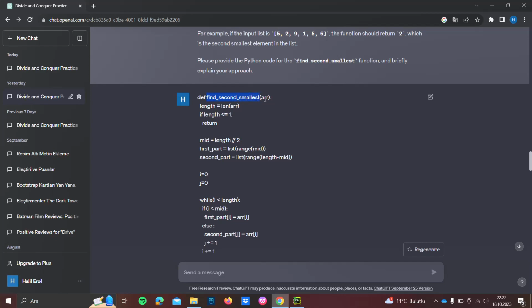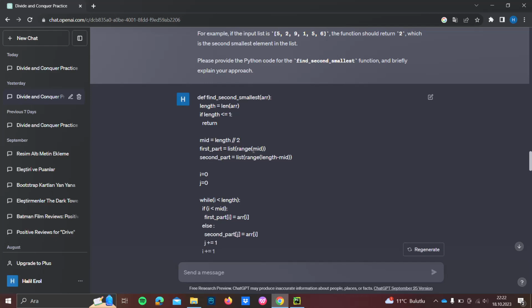It's actually a merge sort operation. I used a merge sort algorithm here because it was easier, and there were other ways to do it, but we haven't learned them yet, and they were not actually related to the divide and conquer approach. And they were so complex, so I chose this approach. So we did the usual things here: find the size of the array, check the size and return. So we find the mid value here, and we created two empty lists